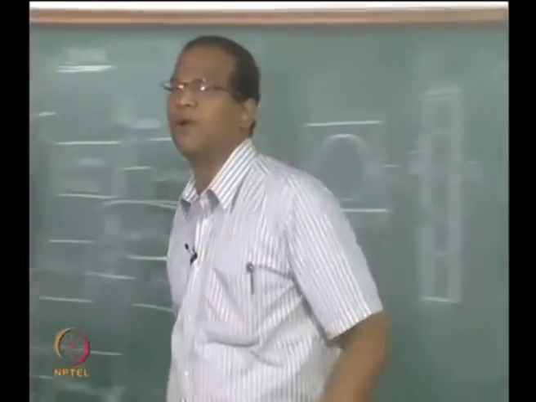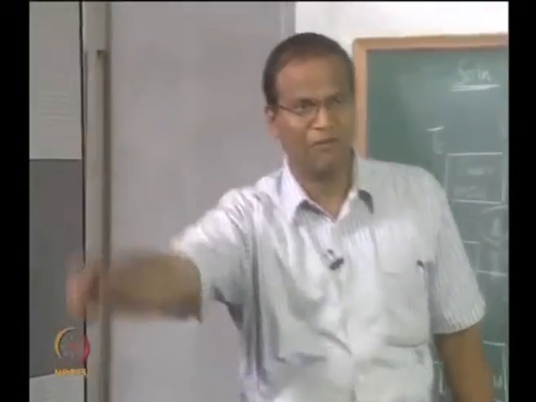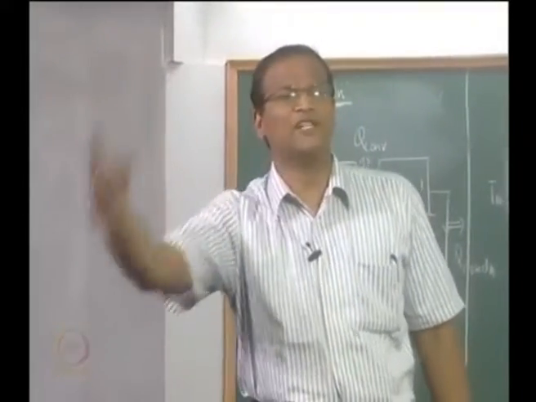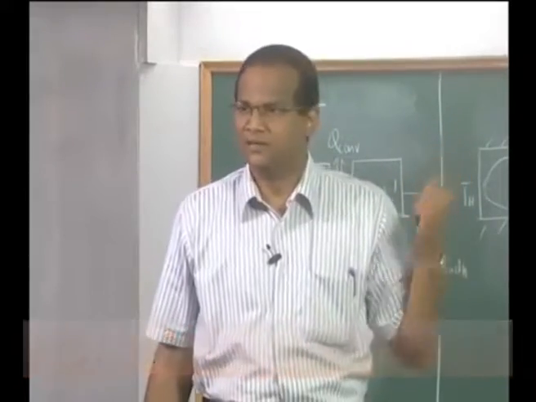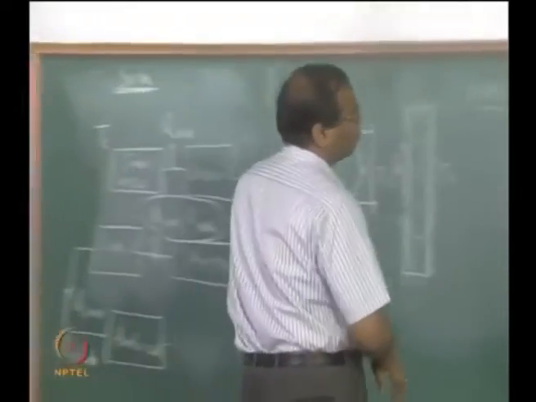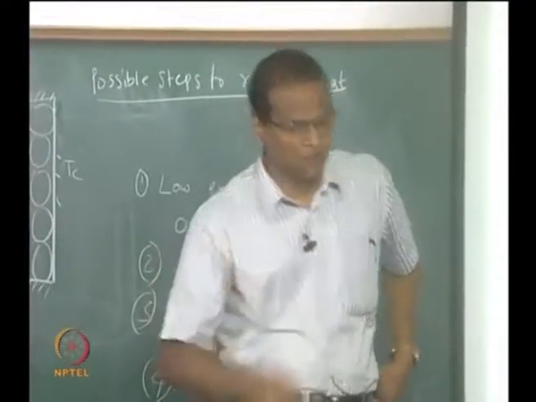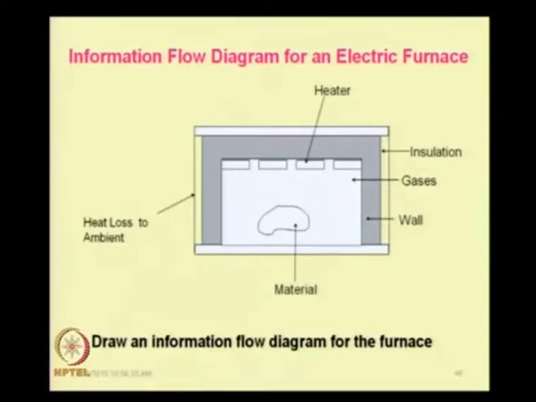This is different from the vapor compression system where, again, from the pump the loop is completed. Here there is no refrigerant or something which flows continuously. So that is the difference between a sequential arrangement and an arrangement like this. Okay. Let us consider one more problem and then we will close our discussion on information flow diagrams and we will proceed to system simulation. Yes, please take down this diagram.